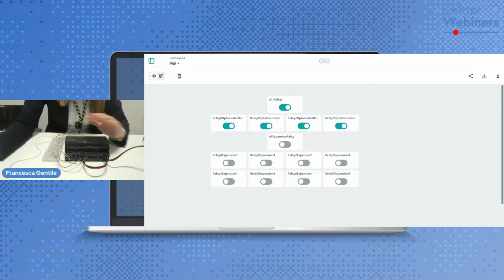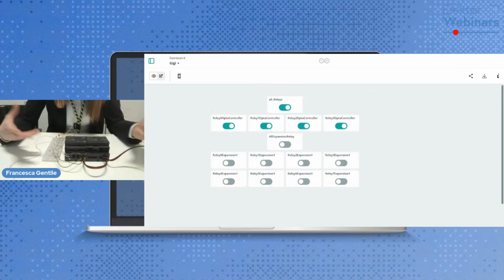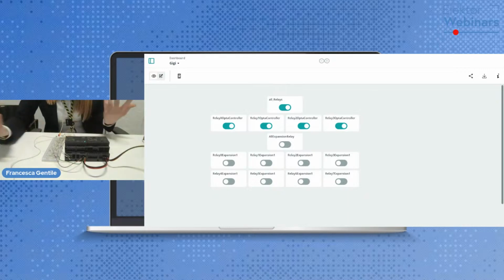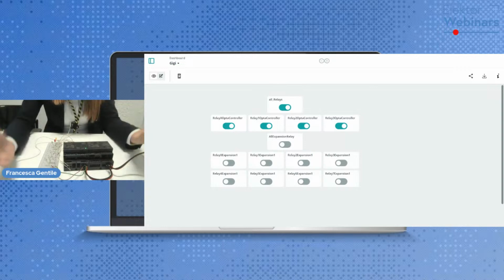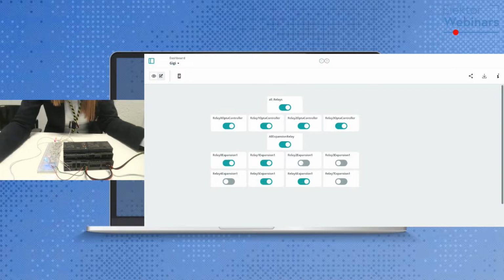Here I have created a very simple proof of concept, or let's say dashboard, just to show you how simple it is and to drive you through the steps to do this. And this is just the result to show you how it works. I have created a super simple sketch that acts with some buttons to enable or disable the relays of my